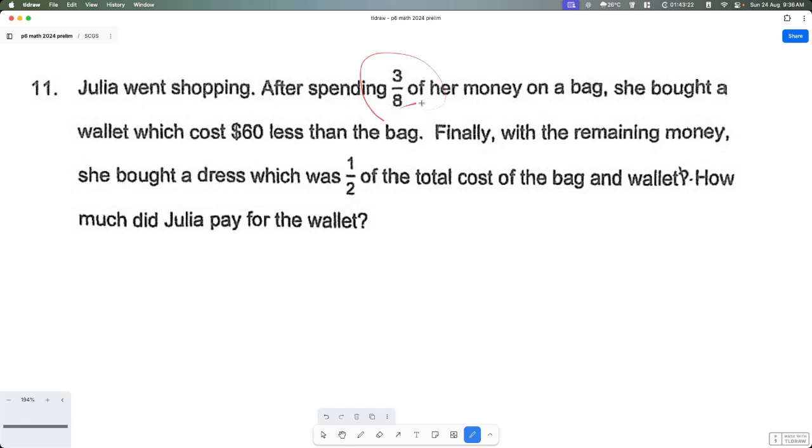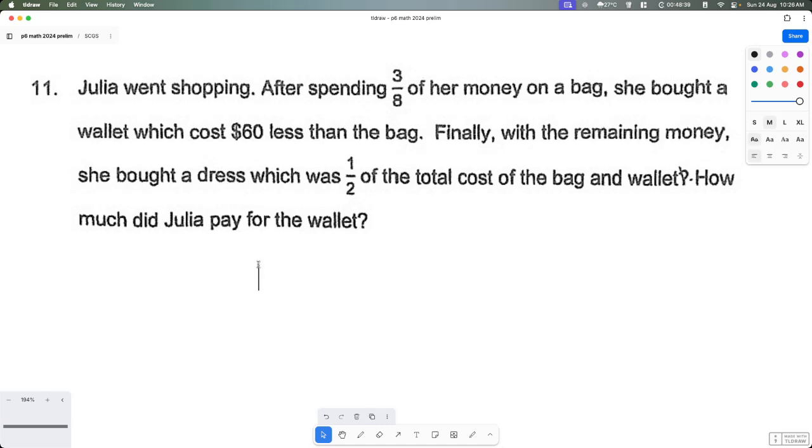After spending 3/8 of her money on a bag, she bought a wallet which cost $60 less than the bag. Finally, with the remaining money, she bought a dress which was half of the total cost of the bag and wallet. How much did Julie pay for the wallet? Okay, so what we can do is that in this,